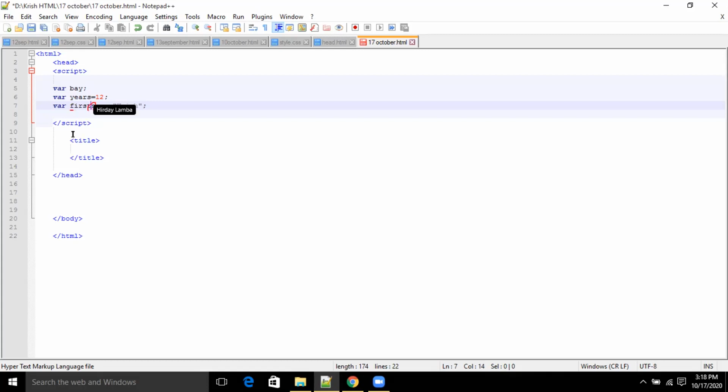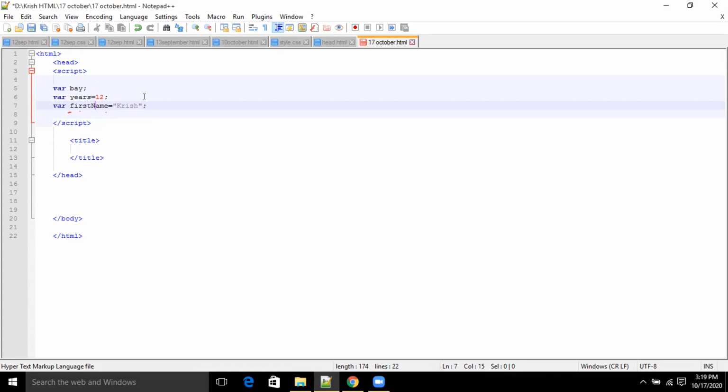Can you make this N as uppercase? Very good. This just makes it easy for us to read. So if you are defining a variable which consists of 2 words or 3 words, make sure the first character is lowercase, but the second word's first letter should be uppercase.